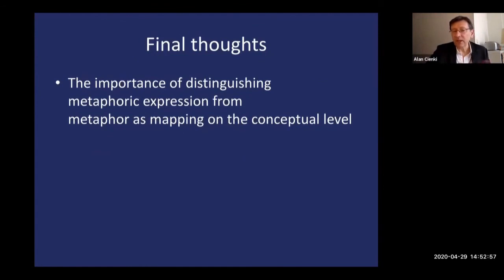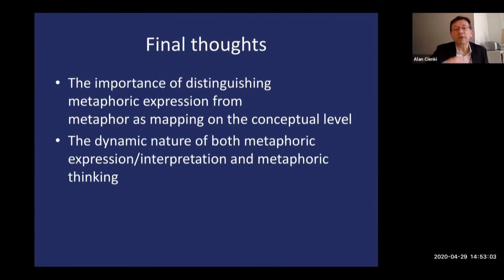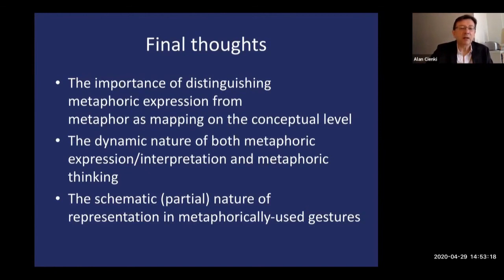And I think looking at gesture also provides us ways of thinking about metaphor as a dynamic process. So that quote that we have from Fiumara, who's thinking about this kind of metaphor as dynamic thinking, but also it's dynamic in terms of how it's playing out in time as different speakers are using the metaphors. And we also see that then there can be schematization in how gestures are representing some of these ideas, which also might represent more schematic thoughts about some of these concepts. That's perhaps speculation, requires other kinds of testing, but we get some insights from looking at the gesture with the speech,